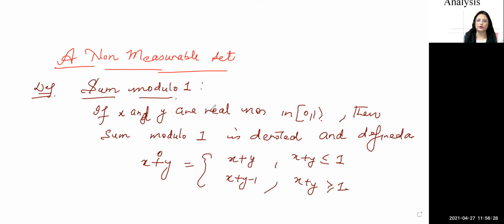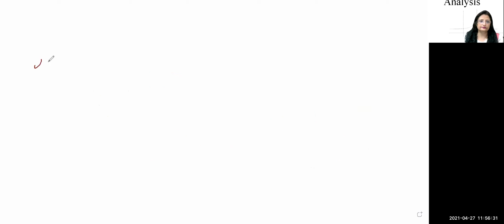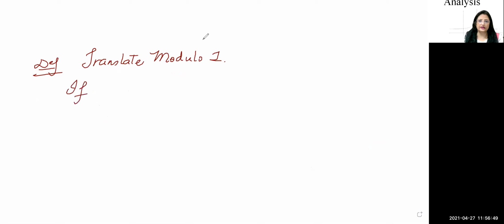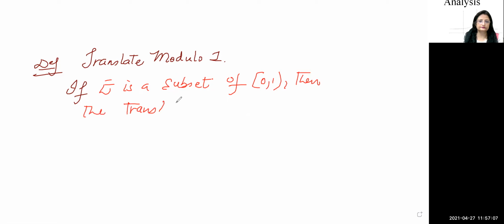Next is a translate modulo 1. Second definition is translate modulo 1. If E is a subset of the interval 0 to 1, then the translate modulo 1